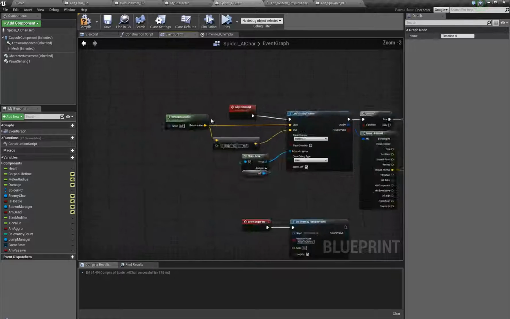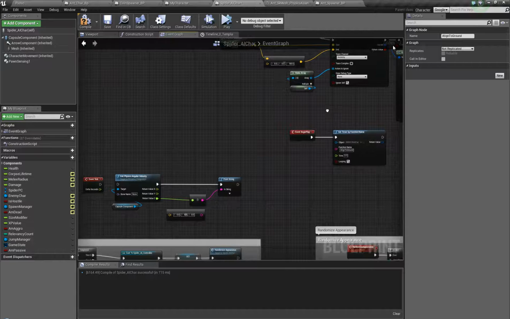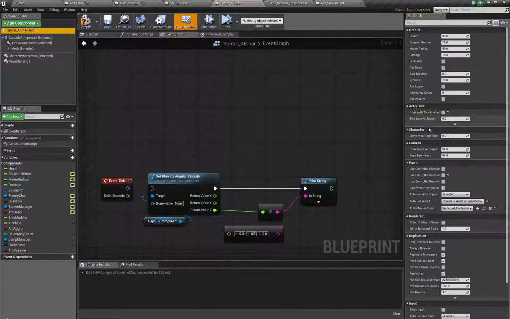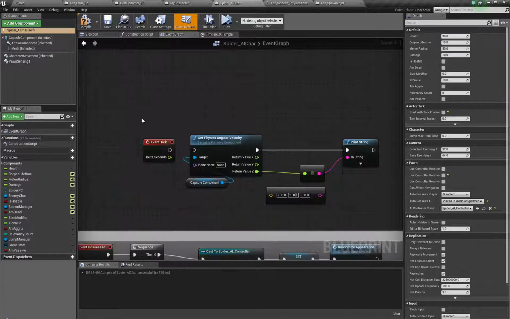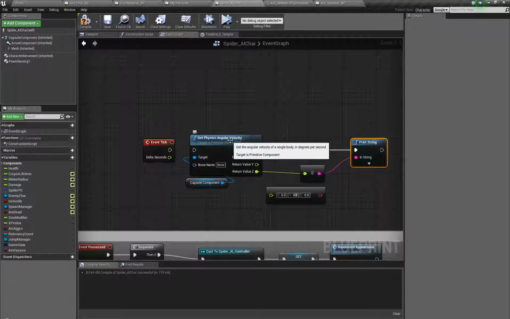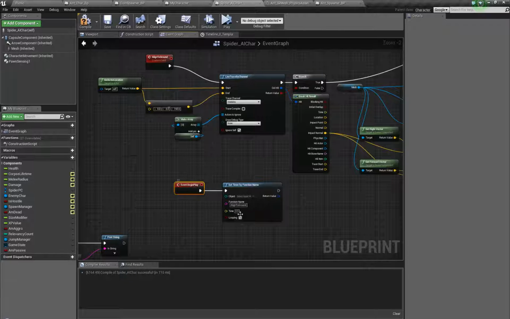If you run this faster, say on tick, which I don't suggest if you're going to run a lot of them, I suggest keeping tick turned off. You can always go to self and uncheck start with tick enabled if you're unsure about it. That way you can even have some debug stuff here, because I was just trying to print to see whether I could even read the angular velocity, so I threw it on tick. I could hook this up now, and it's not going to run because tick's deactivated, but I'll keep it unchecked anyway. So I'm using a timer on begin play,